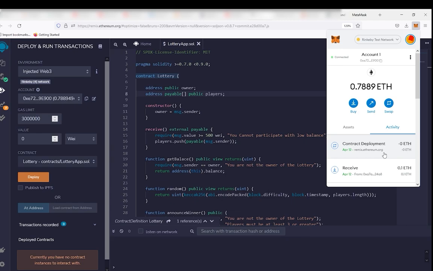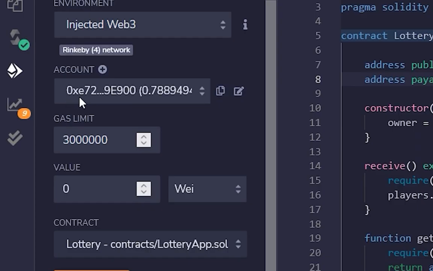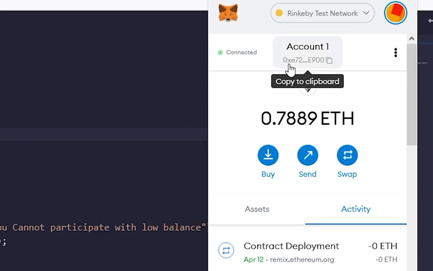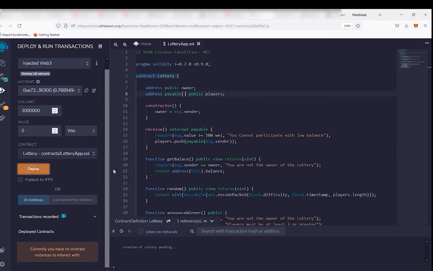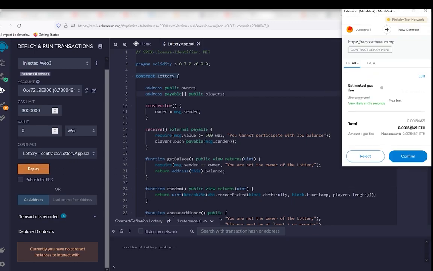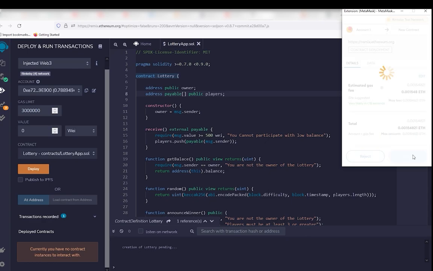And now the next thing I'm going to do is deploy my contract through this account, and that will be my owner account. Now I'm going to deploy this contract on this account. That will be our owner account. You can see it also here, 0xe72 and 0xe72. So I have to press this deploy, and this will charge some gas here. Press confirm,